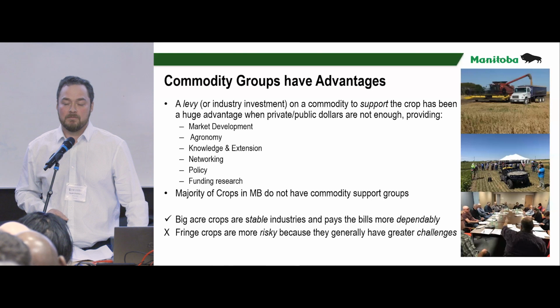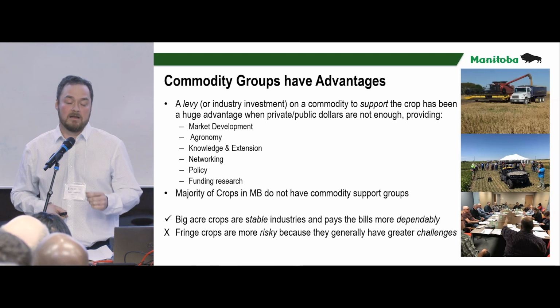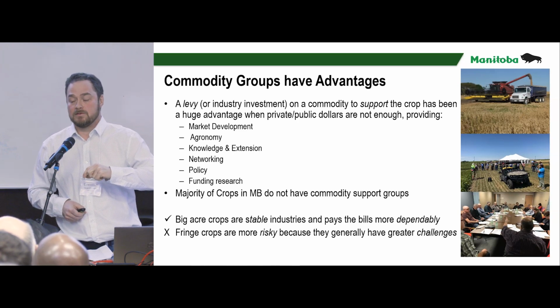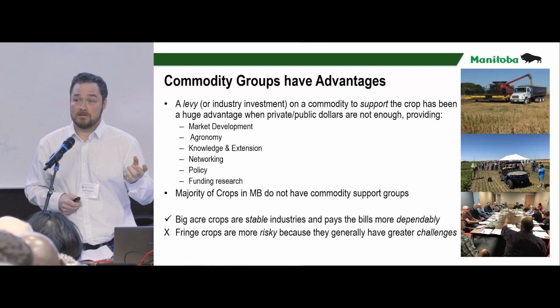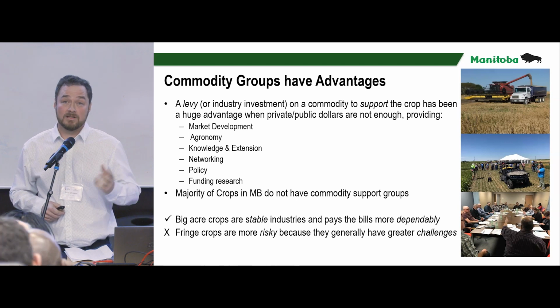So most of these crops that you have seen in the pies have some sort of commodity support advantage. And this has to do with the commodity group taking a levy, or what I call an investment, and putting it back into the crop to develop things to support that crop. So sometimes those dollars are leveraged with public dollars or private dollars as well. So we're looking at market development, agronomy, knowledge and extension, networking with people, policy changes, and funding the research to